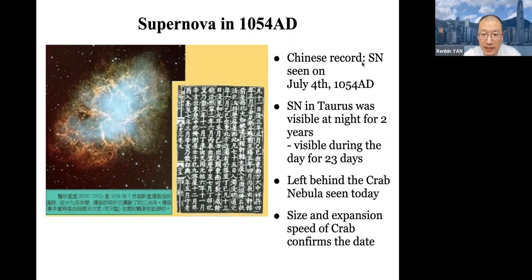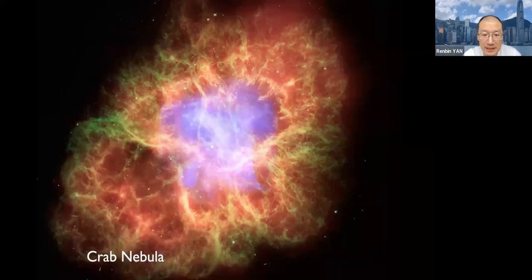So we figured out this supernova is indeed the progenitor event of this nebula that is left behind. And here is a picture of the nebula, in the middle of which there is indeed a neutron star. That neutron star we can actually detect through its radio emission. It sends regular pulses, and it's also called a pulsar. We'll talk about these things in the future.